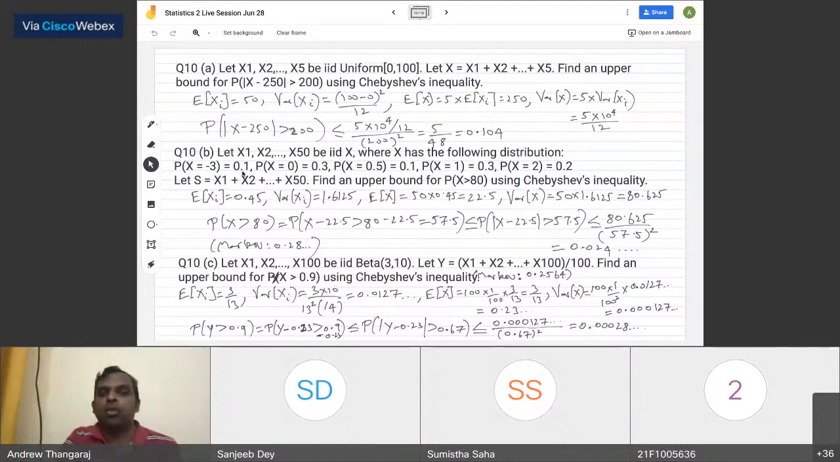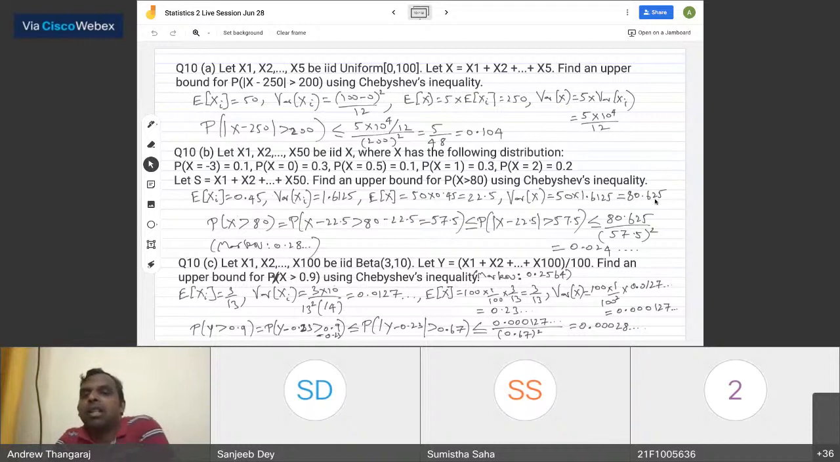For the next one, discrete, given the same distribution we used for the Markov also, probability of x greater than 80. Now we need to find expected value of xi and also variance of xi. Given this distribution, you have to find the variance. It will come out to 1.6125. I'm not showing you the calculation. So expected value of x is 50 times this, 22.5. Variance of x is again 50 times this, 1.625, which is